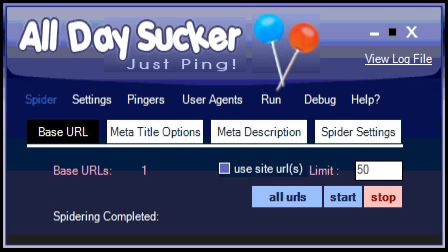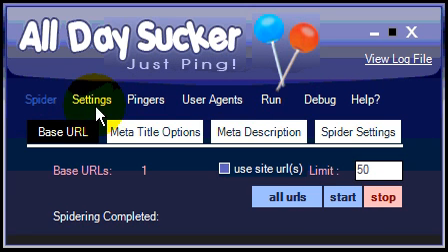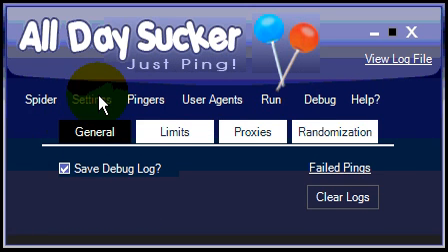Okay, so we've just set up 50 URLs. We've spidered 50 URLs and set up the title and description for each one of those pages. And now we're ready to go ahead and move on through the rest of these tabs. So on the Settings tab, we have some sub-tabs here, the General tab, where you have a few different options